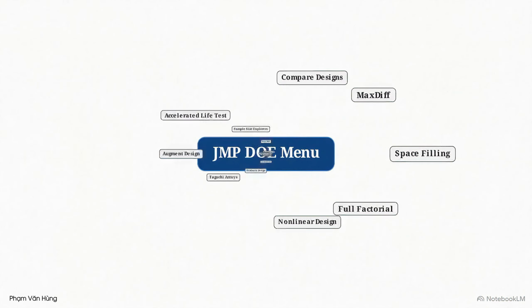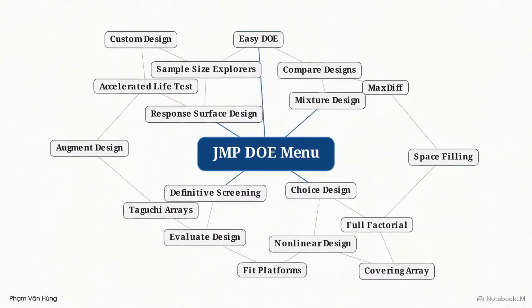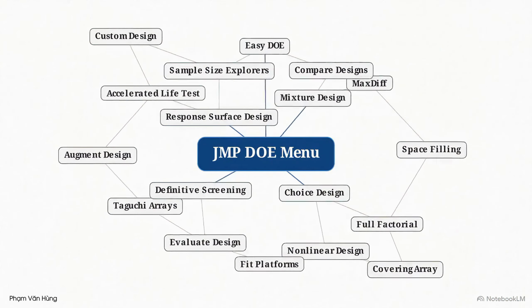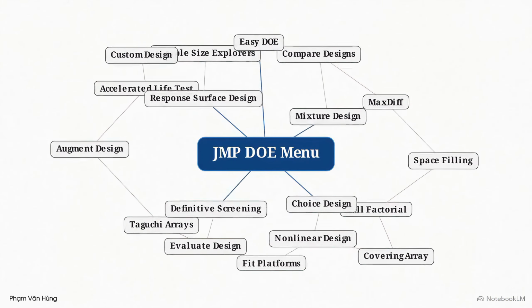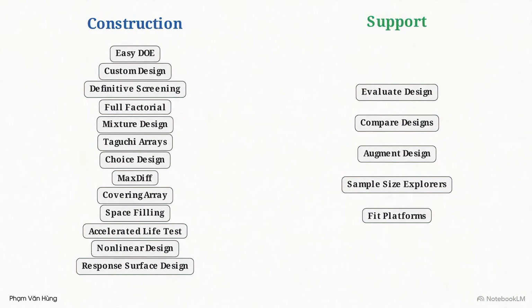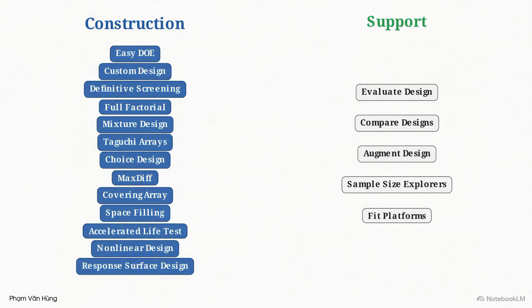This represents the JMP Design of Experiments menu. At first glance, it appears as a sprawling, complex tree of options. With dozens of specialized platforms, selecting a starting point can be a challenge. However, these options resolve into two distinct vertical columns: design construction platforms for building the experiment, and supporting platforms for